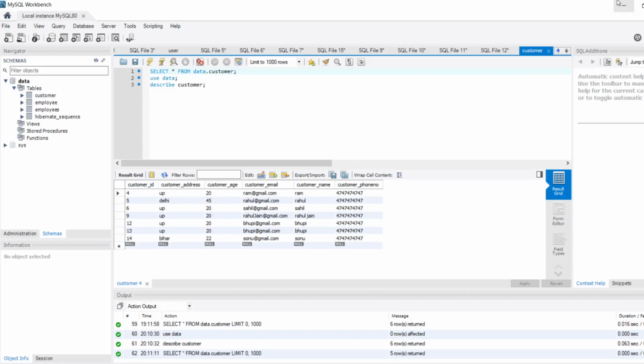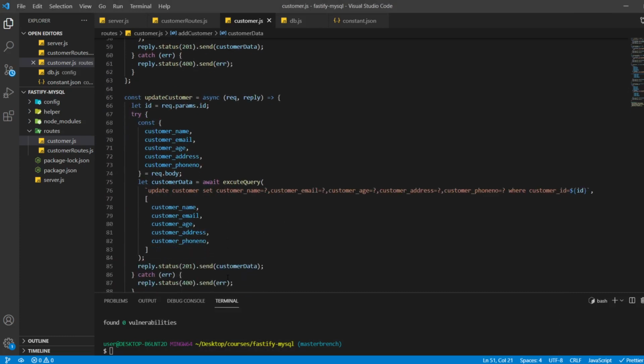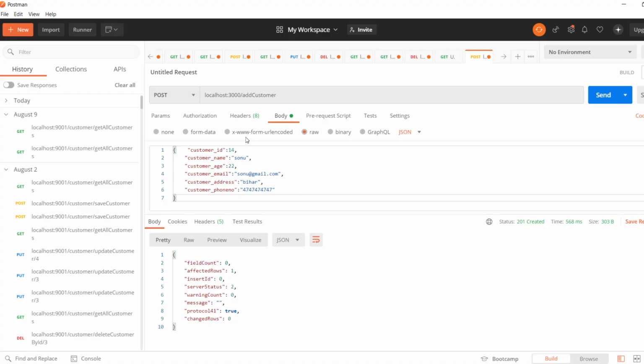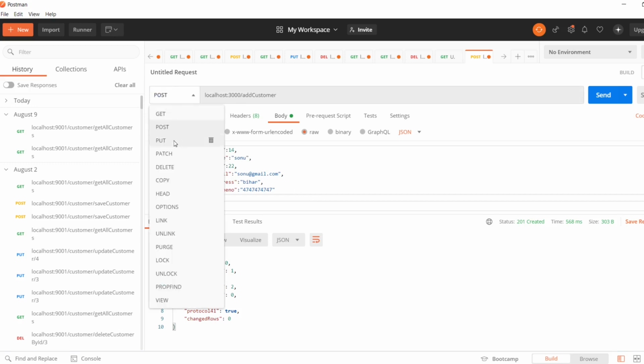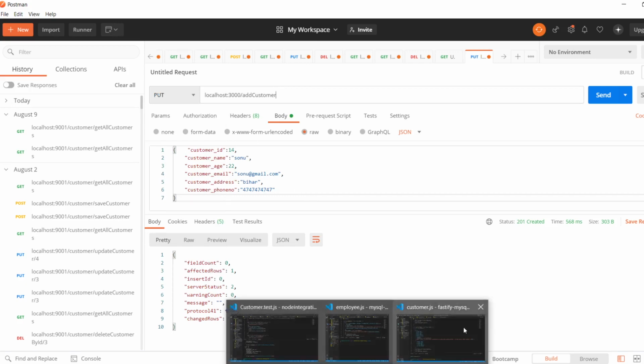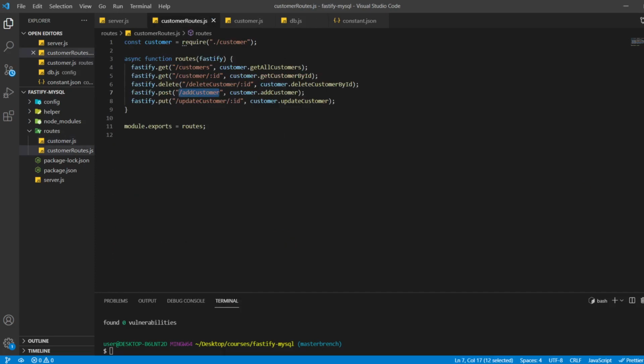So now let's check update. Okay, update. Do we need to pass the customer ID here also? Because I don't think we have to pass the customer ID here. So let's check it. We'll make it put and customer update.